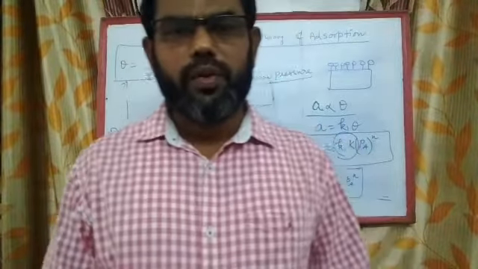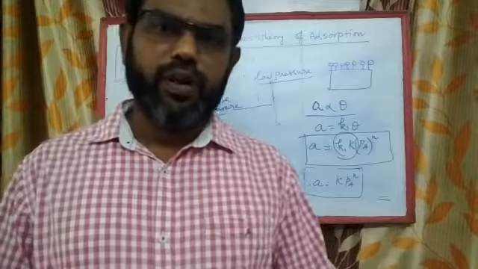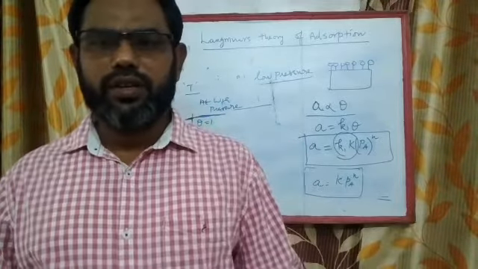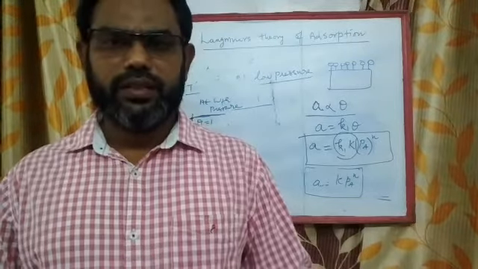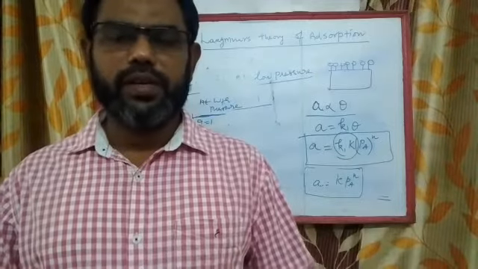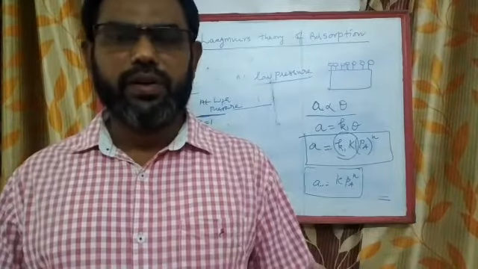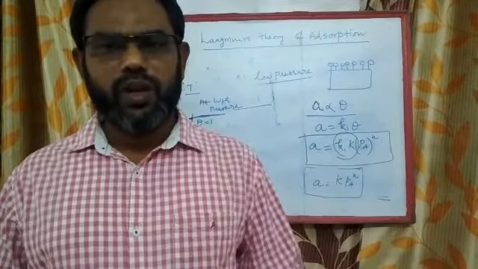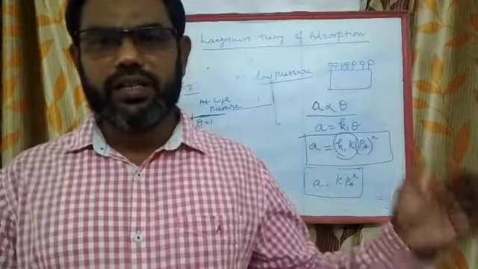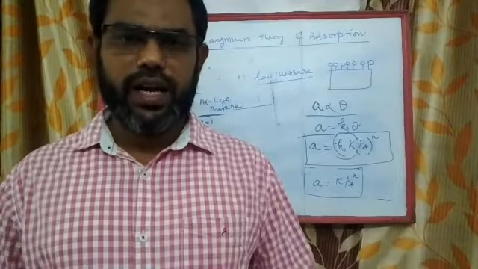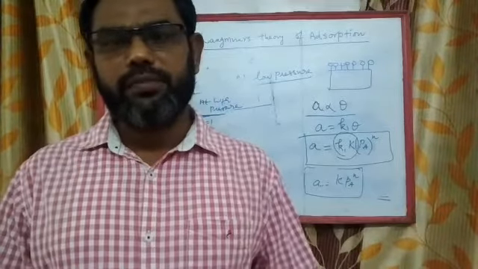Langmuir's theory of adsorption is not most valid for physical adsorption, because in physical adsorption a multimolecular layer of adsorption is formed, whereas in chemical adsorption a monomolecular layer of adsorption is formed. The equation is based on certain assumptions. At low pressure only, Langmuir's theory holds good, but at high pressure the multimolecular layer of adsorption will get formed and this equation becomes obsolete.